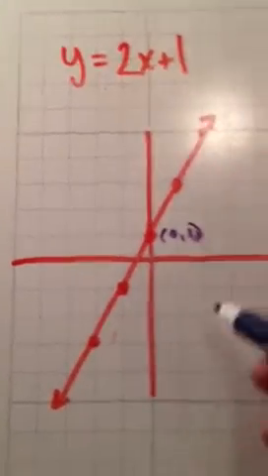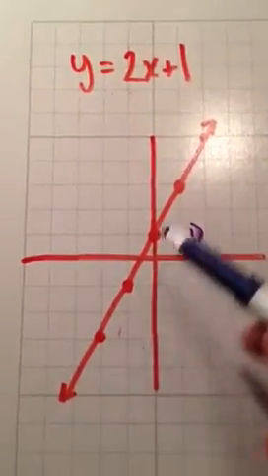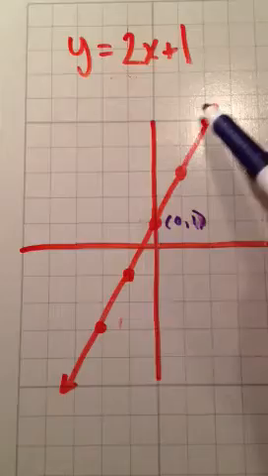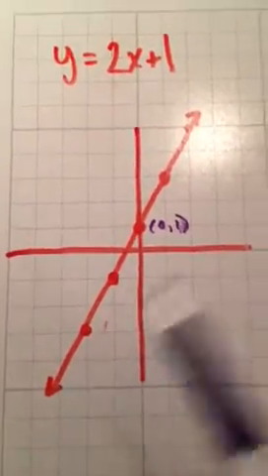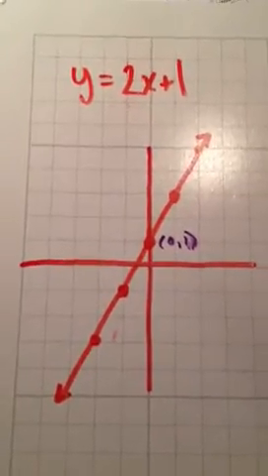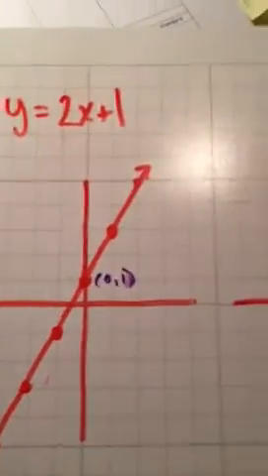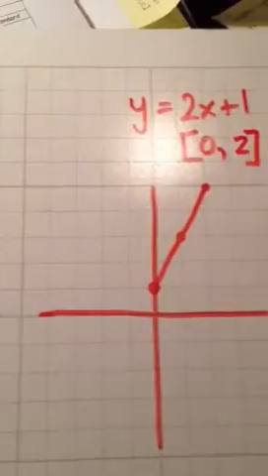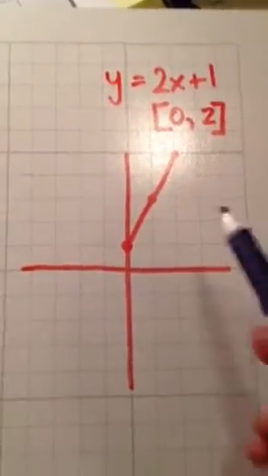Let's just do that again. Okay, so 0, comma 1. And you could do all the points you want. Of course, this little arrow and this little arrow means that line goes on forever. Pretty simple, I think. Now, let's look over to the same exact line, only I've now given it a domain,